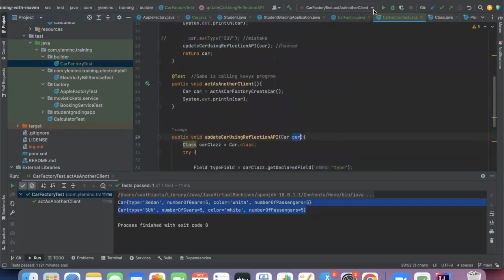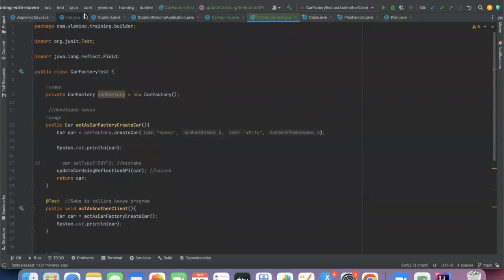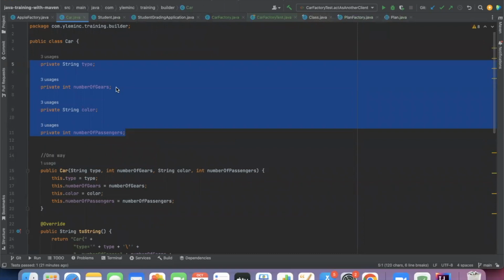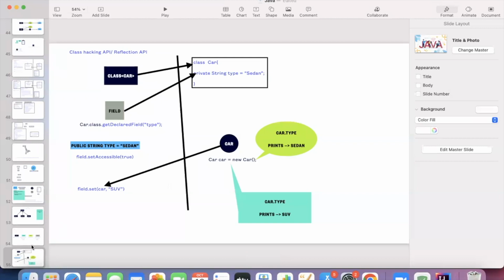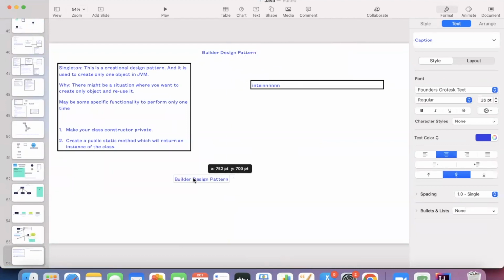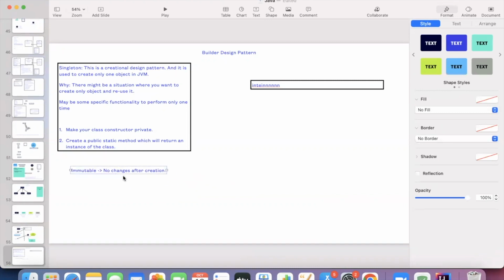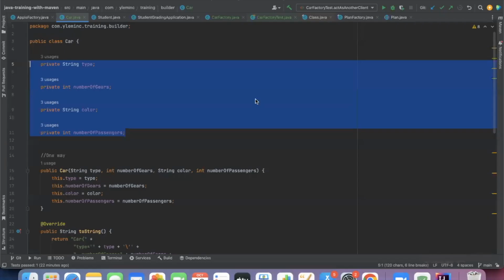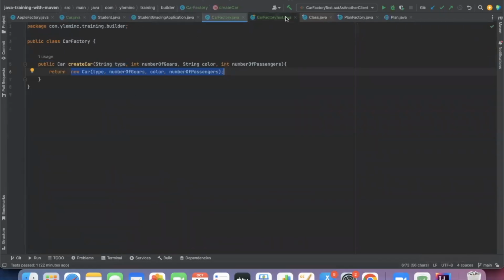Now, coming back here. There might be a situation, right, when we create a car, we want to make sure that the data cannot be changed. That's why the concept is called immutable. Immutable means no changes after creation. Okay, now look at this one. As soon as you think about immutable, let's go back once to our car factory. The one famous example is